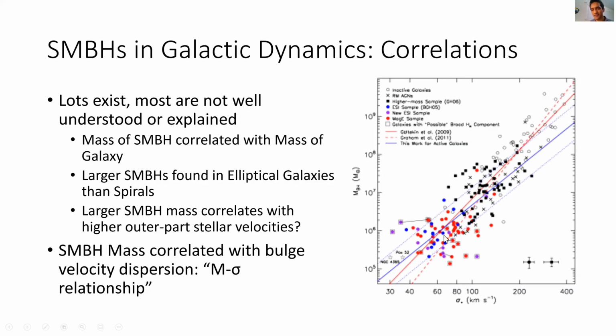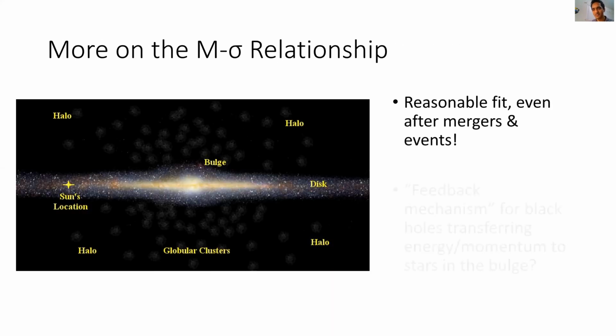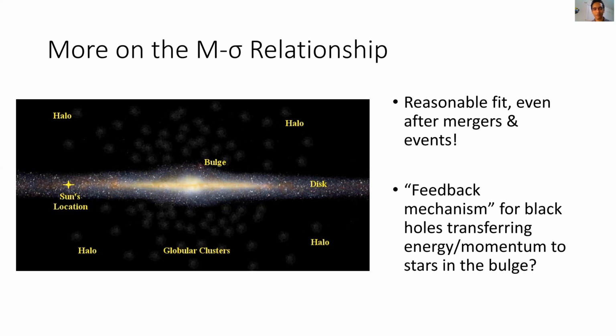A lot of times you'll see much more scatter on these plots, but this one worked out not too badly. And a lot of people have proposed that fit means there's some sort of feedback mechanism, in the sense that we see this for a lot of galaxies, even galaxies that we strongly believe should have had mergers happening in them, lots of collisions and events, really, really weird galaxies. So because we see that so broadly, and we call this fit pretty good, we guess